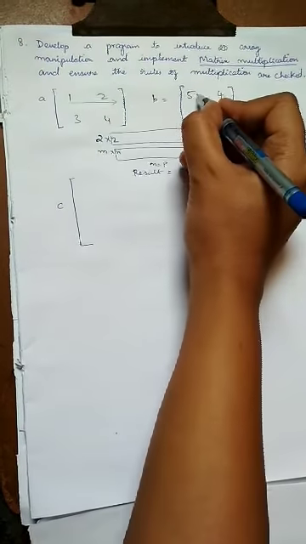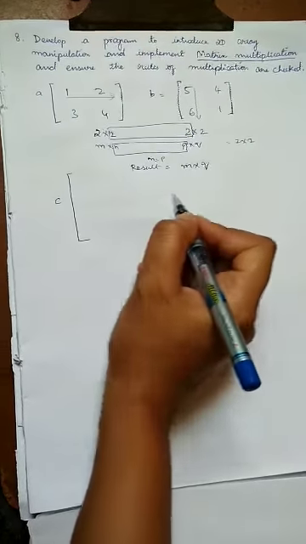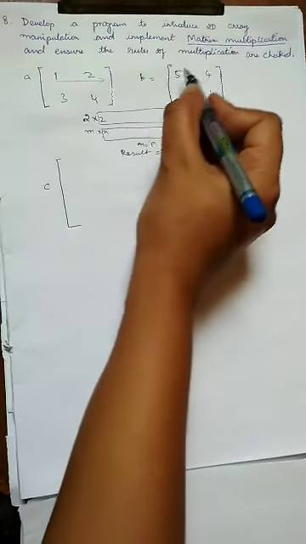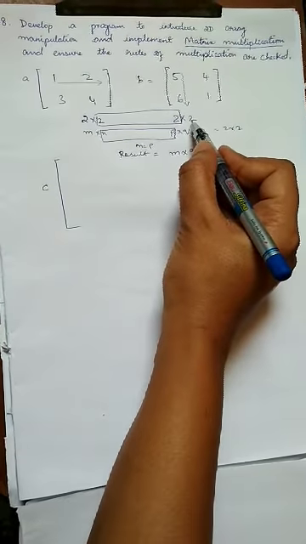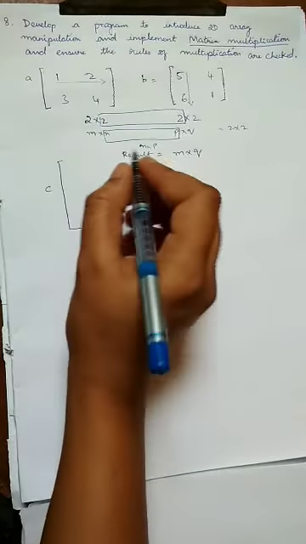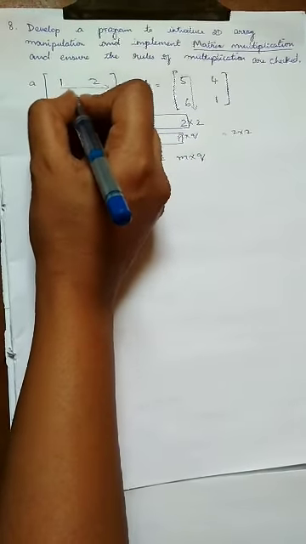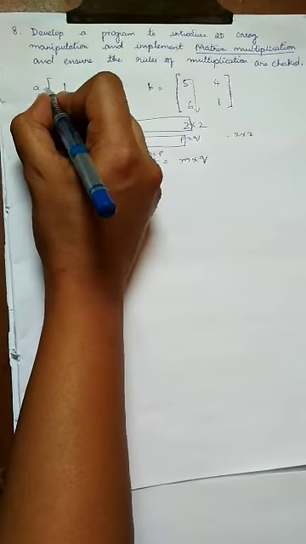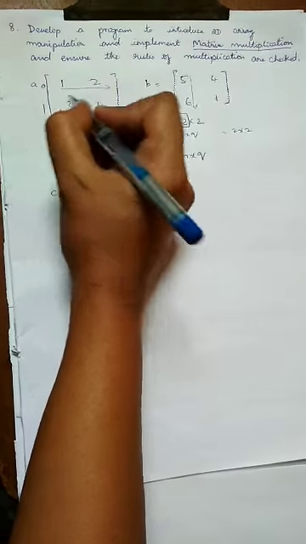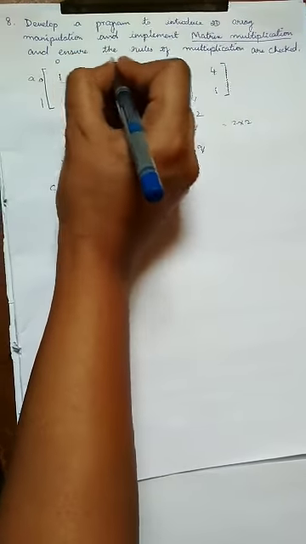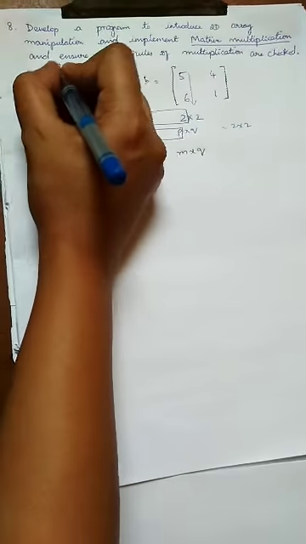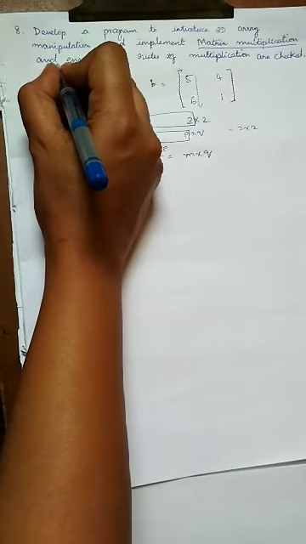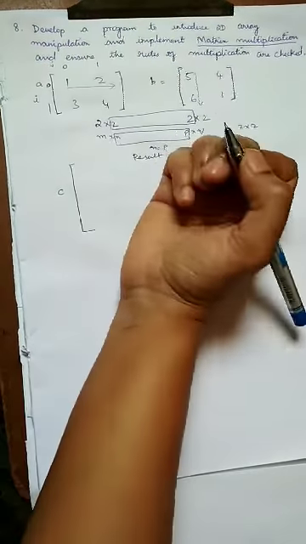You know that it is first row into first column. All of you are aware of this mathematical concept, right? Matrix multiplication. First row of matrix A you have to multiply with first column of matrix B. How to get 1 from matrix A? It is nothing but 0 row and 1 row, 0 column, 1 column, right? So we usually represent rows by index I, and columns we can take the index as J.